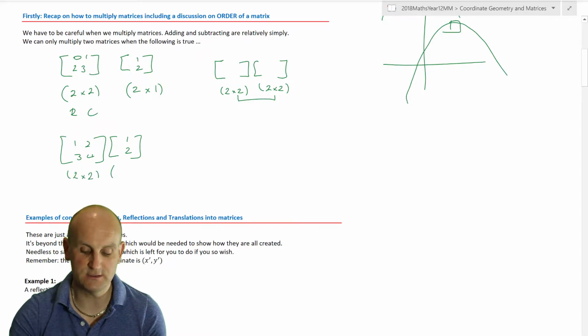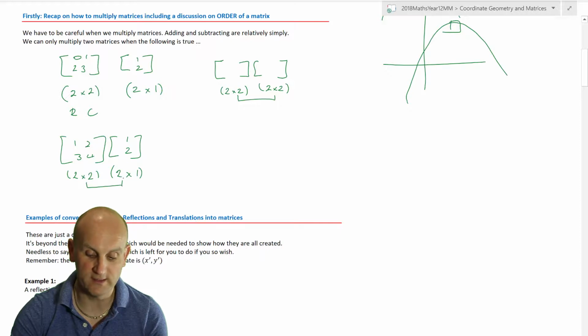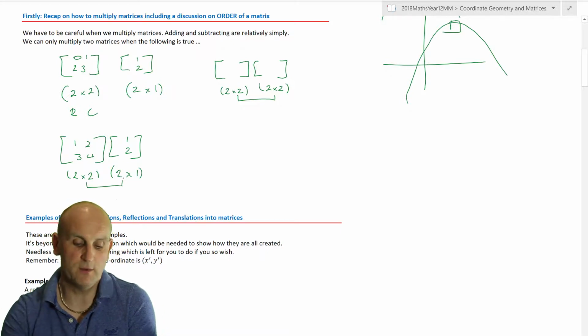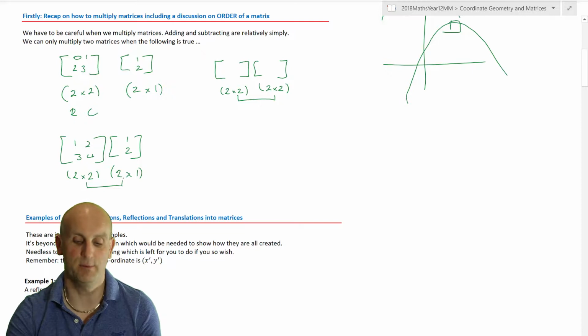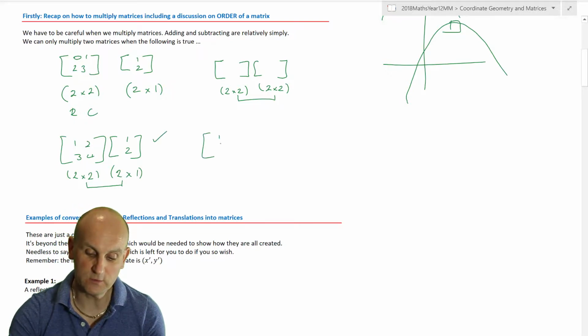And this is how many rows has this got? 2 by 1 column. Are they the same? Yes. So my rules of multiplying matrices absolutely apply, and I can do that. If I was to swap them around